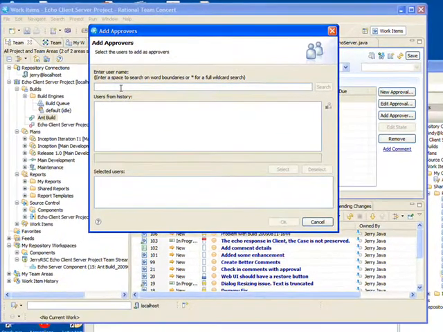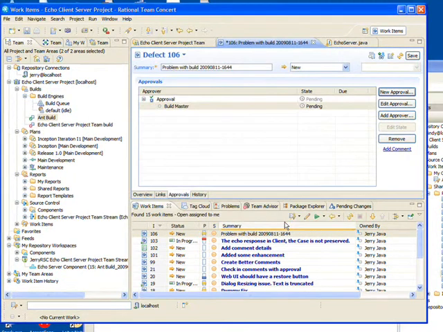Let's say that we ask for approval from the build master, who also in this case happens to be the project lead and is doubling up as build master. So Jerry selects build master to be the approver. The build master will get a notice that approval is pending for him. He can also change the state of the work item to start working.